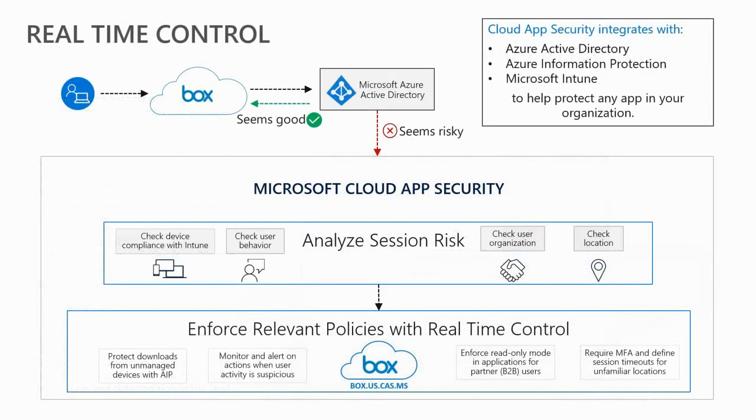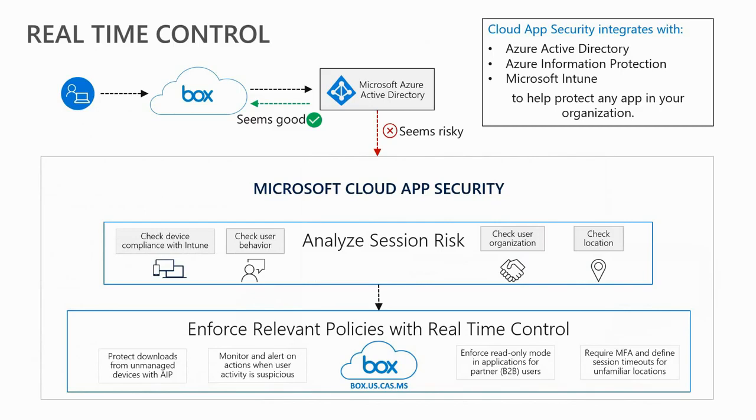So now let's walk through a typical use case. Let's say you have a user who's trying to access Box. We can see that they're authenticating through Microsoft Azure AD, and if their session seems low risk, then we'll allow them to directly go to Box. But if the session seems risky, we're going to proxy them through our MCAS session server and check a couple